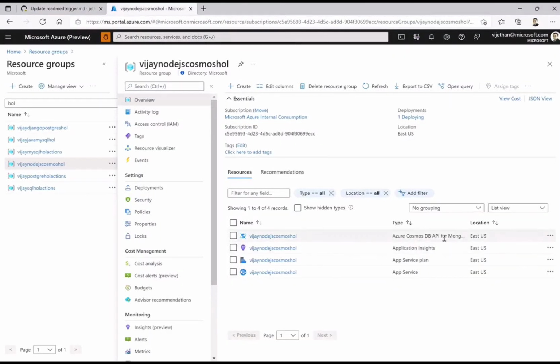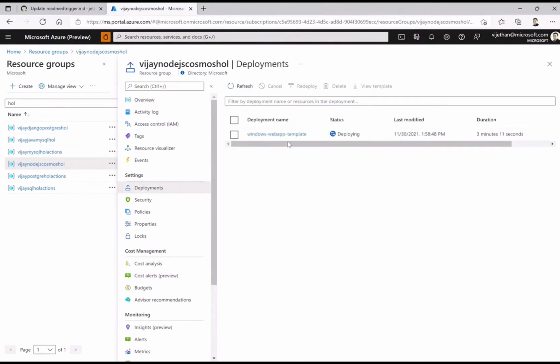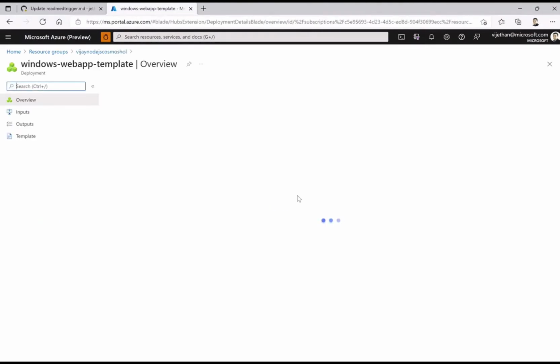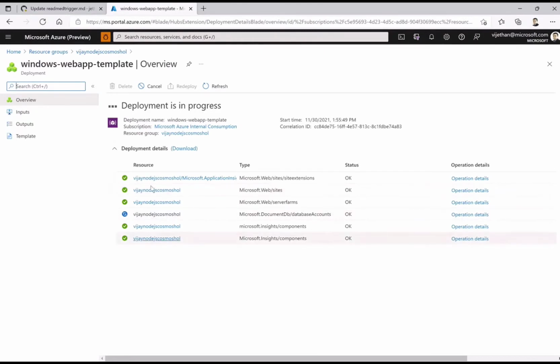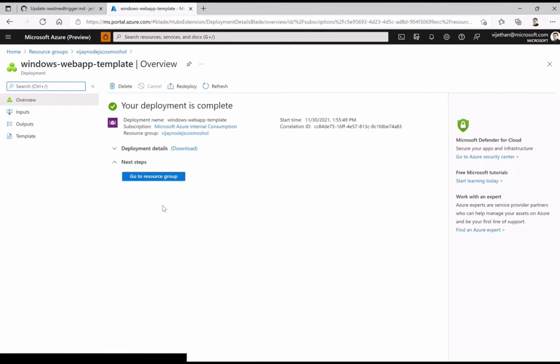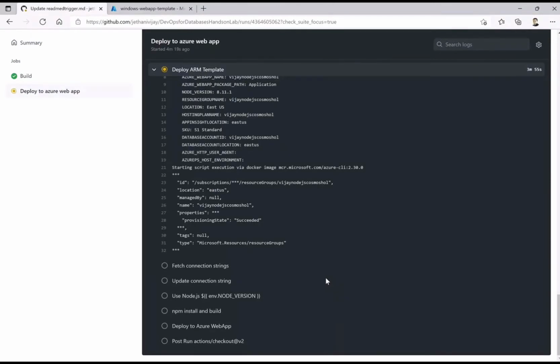So we do have the API for MongoDB, the app service plan and the app service. Also, if you want to drill down into that particular template step by step, you can go through the checks. Okay, it will also give you the subtasks within that. Now it shows deployment is complete. You can also do that while it is deploying.